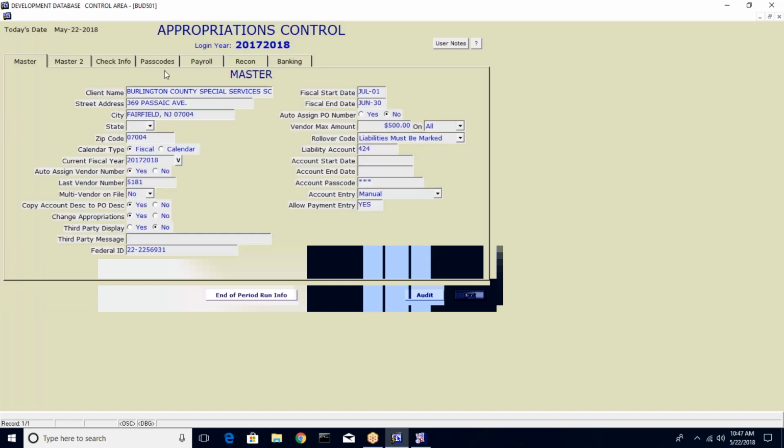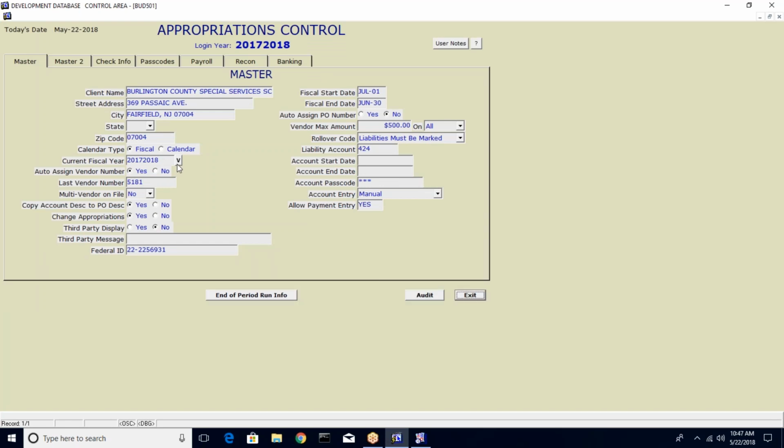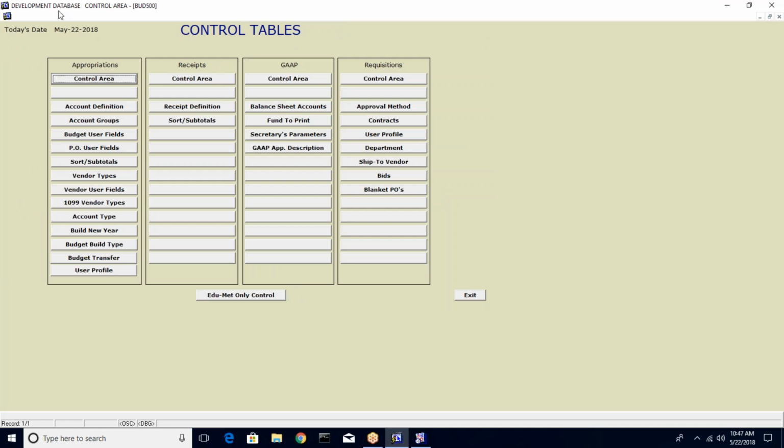I'm sorry, I went too fast. Okay, as far as the first screen, you would do this as far as the year. You could do it in the new year. This would be your actual old year, so the 17-18, because this is controlling your 17-18 as far as the way your liabilities are marked and the balance sheet that you're going to use. Okay, we're going to get out of here. All right, that's really it for the control file as far as the